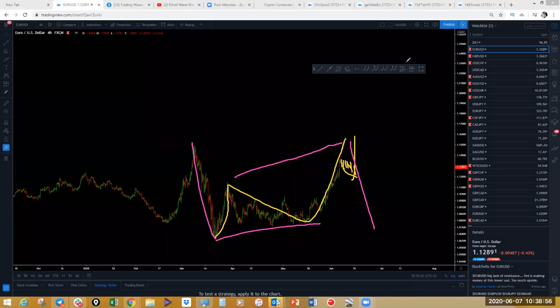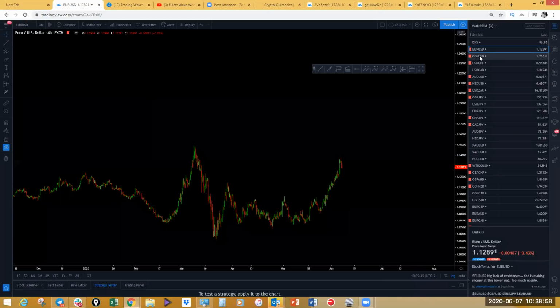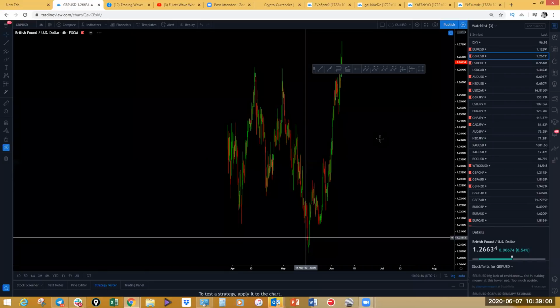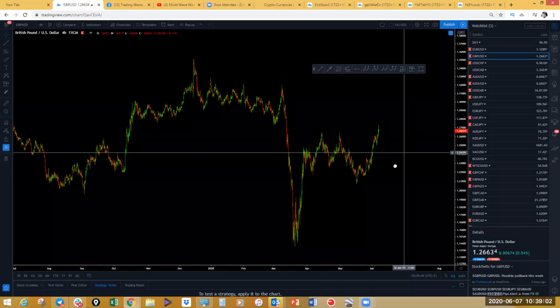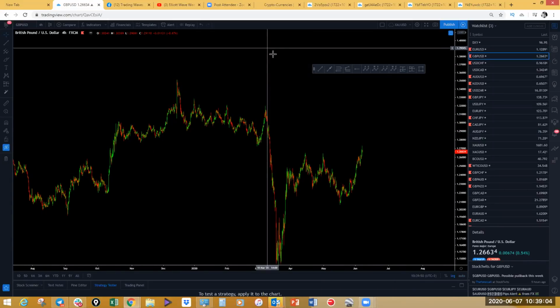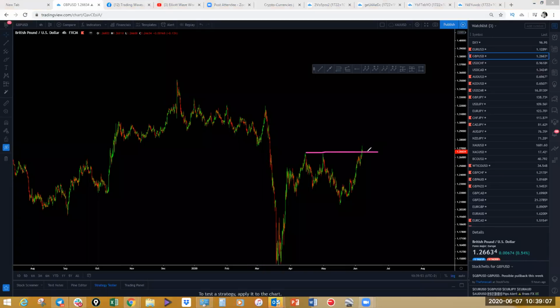So that's how we're looking at the DXY and the euro. Pound US dollar, we already looked at this one during trade setups. Now pound US dollar is at a critical area. It's broken out of here, exposing new highs. Any corrective structure here, even if we do pull back here,